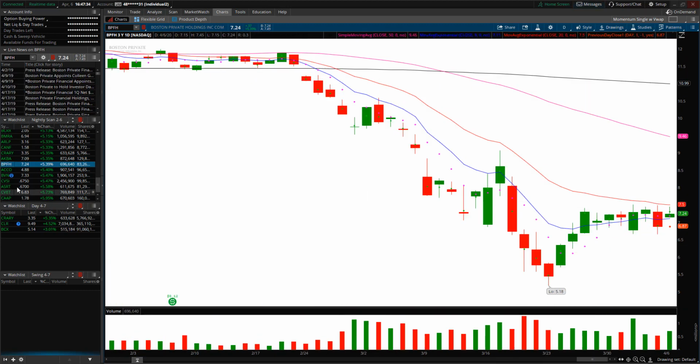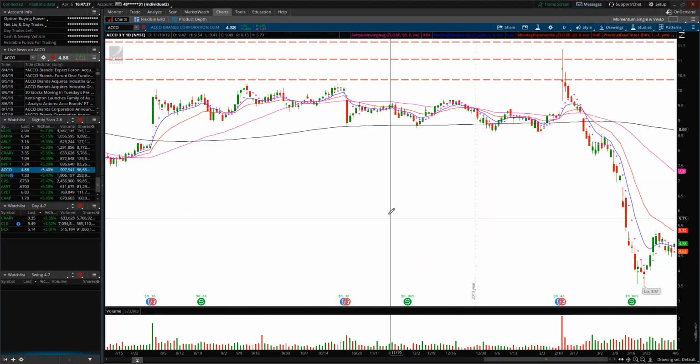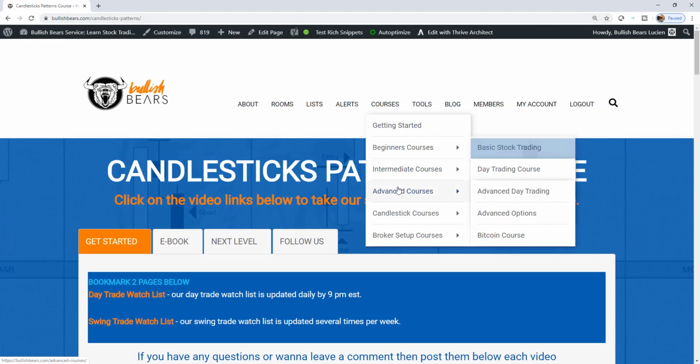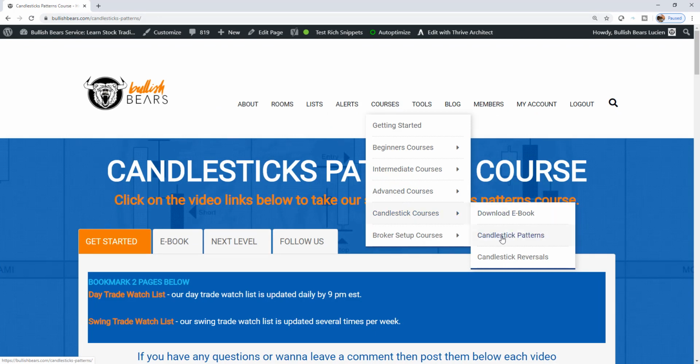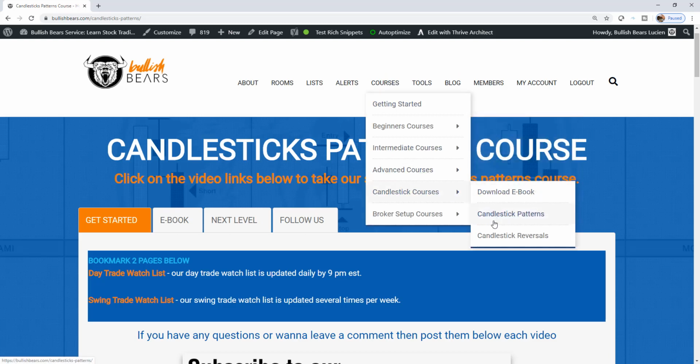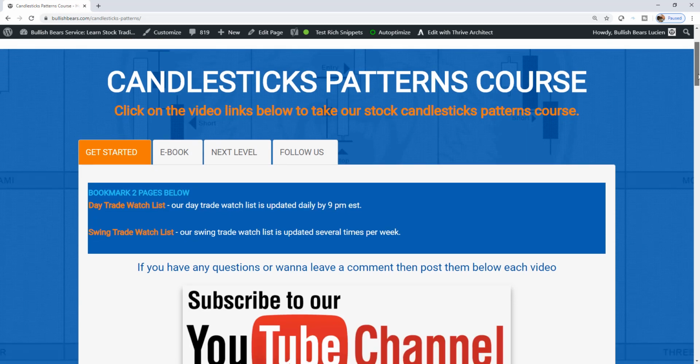And if you guys don't see these patterns, just know it takes a long time to learn these, right? So that's why, let me show you guys this. If you go to our website and you're logged in, right under courses in candlesticks courses, you'll see candlesticks patterns right here. That's our first course. So you'll see we have an ebook and 2 candlesticks courses. When you go to our first candlesticks course,